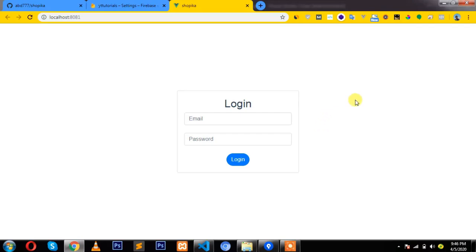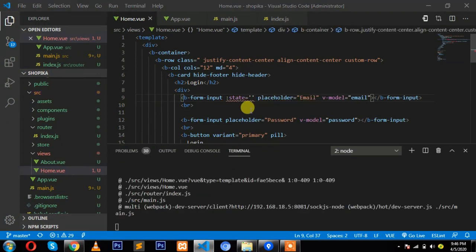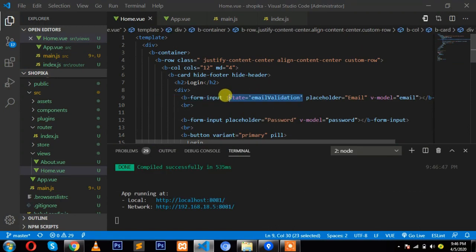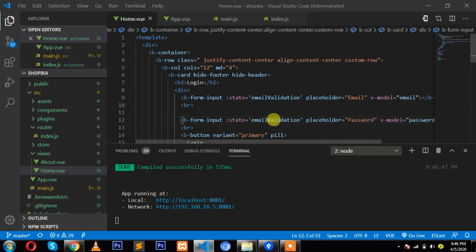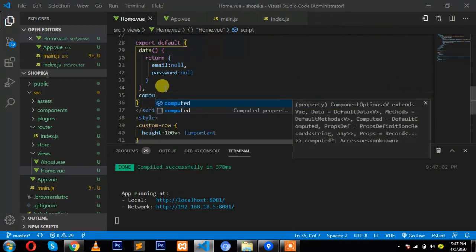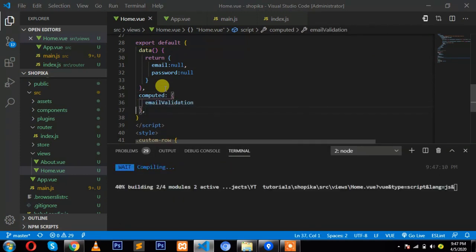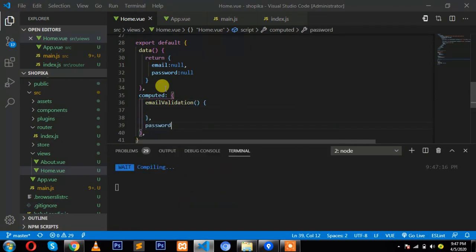We can also do some kind of validations here in Bootstrap. It's really simple. Just simply say state and email validation, and copying it and placing it here. And I should say password validation. So how we can do validation? We can see computed properties are here to help us, and also password validations,